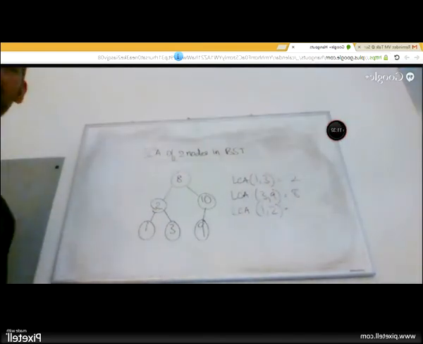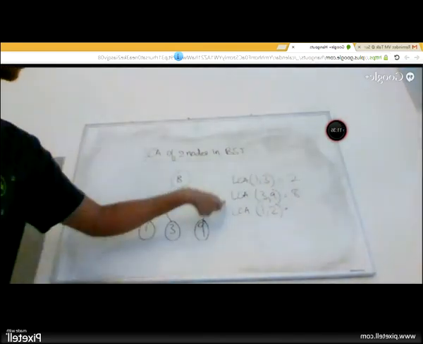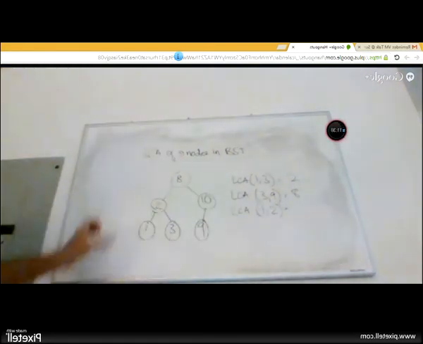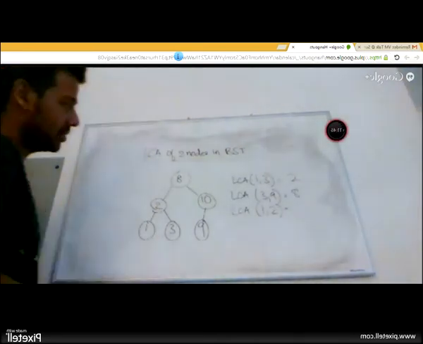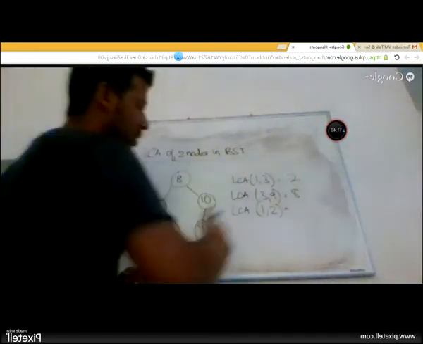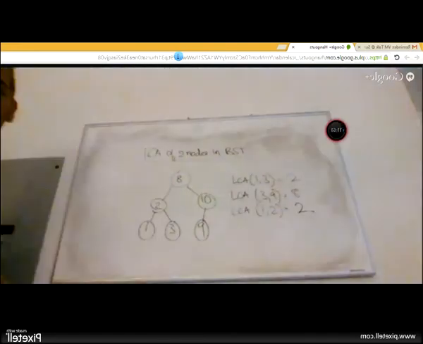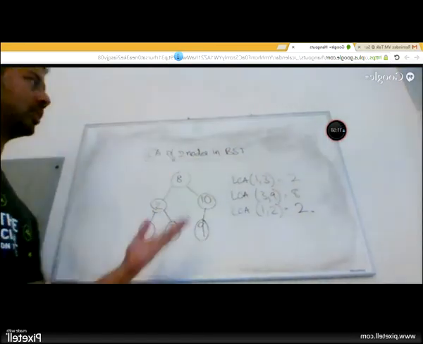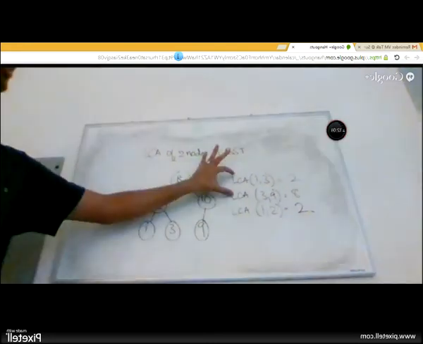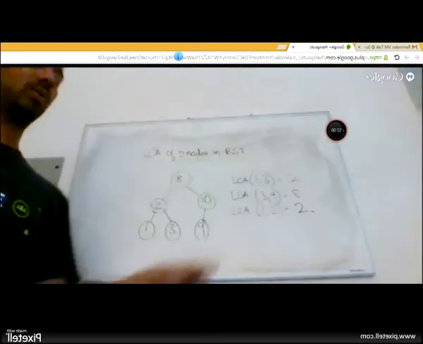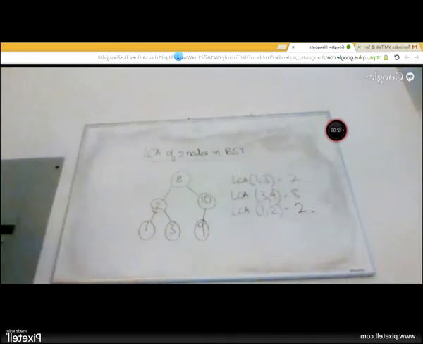Why is it 8? This is the tricky part. People can answer this, but what you answer to this changes the way you code. So the lowest common ancestor for a parent and a kid is the parent itself. So in this case it would be 2. So when you code the solution for this, you have to be very careful to take this as a test case, because most of the answers deal with this, but you want to be careful to get that as well.